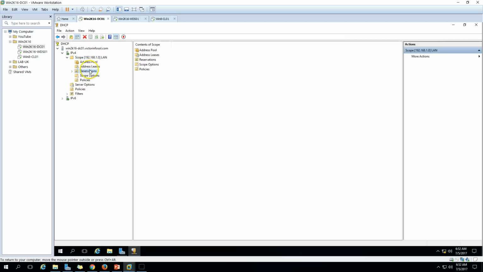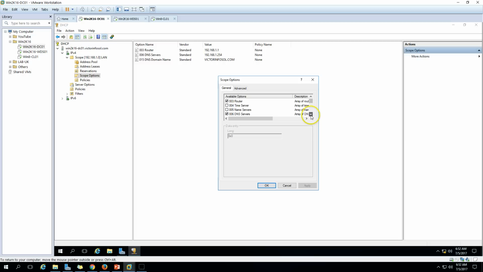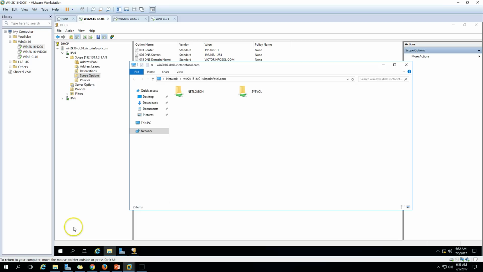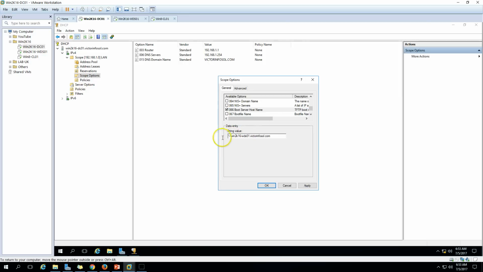So now we have one active scope which can release DHCP IP addresses for DHCP clients. And we need to do some settings here for scope options. For WDS we need to enable these two scope options. The first one is option 66, boot server host name. So TFTP boot server host name, in my case is win2k16dc01.victorinfosol.com. Verify the server name is correct. Yes, it's WDS01. Yes, it's correct. So copy this name and paste here,